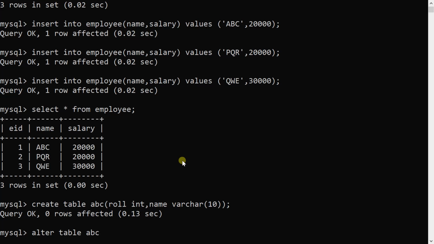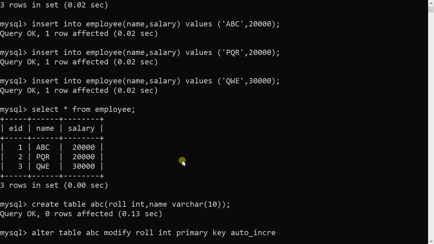ABC, and alter table ABC, add primary role, sorry, we want to modify it, so modify role integer primary key and auto increment.